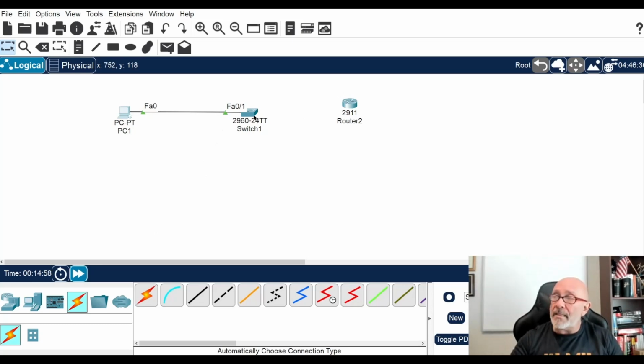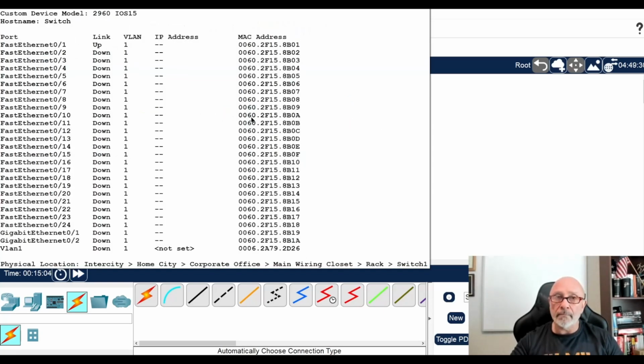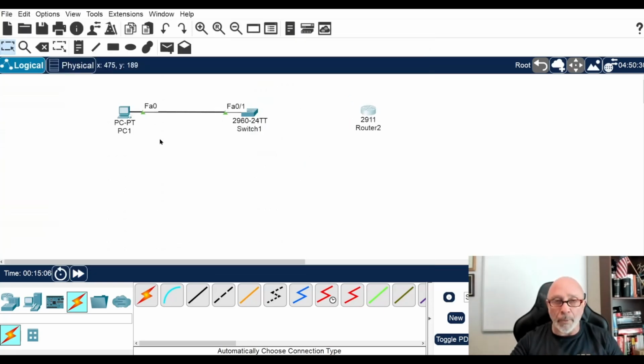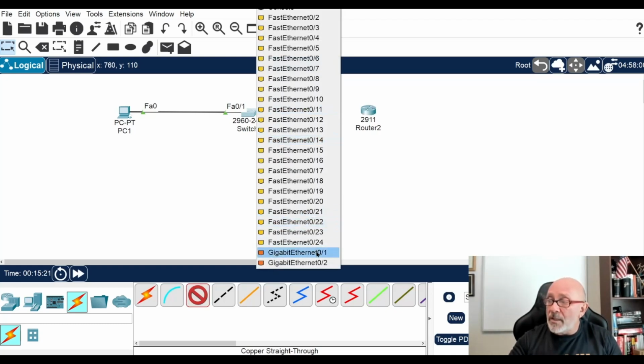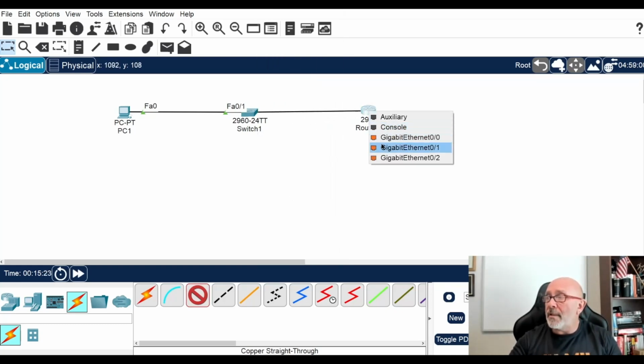So the next thing is, now I want to connect ports from here to my router. I don't know why people pick the second port. If you don't have one computer in your company, you need to decide, I'm going to use higher ports, whatever scheme you're using. But I like to use not the last available. It used to be the last available. Now that they've added some gigabit ports, I use those. So I use gig 0/1 to my router's gig 0/0.